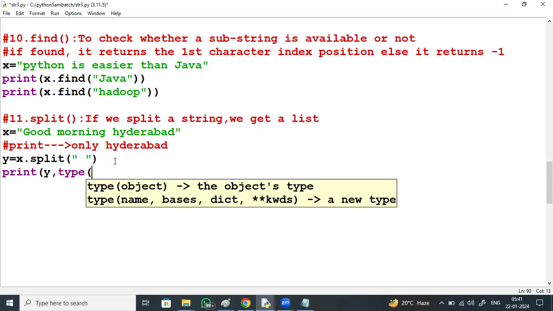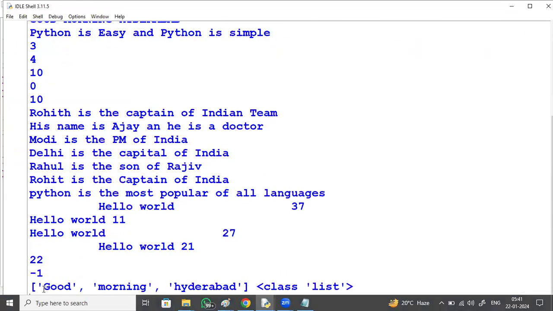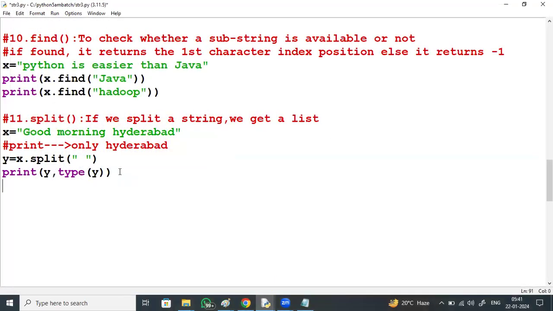Type of y will be list type. In that list, how many words? 3 words. Which word do you want from it? The third word. A list also has an index. 0 indicates the first word, then 1, 2. So print y of 2.